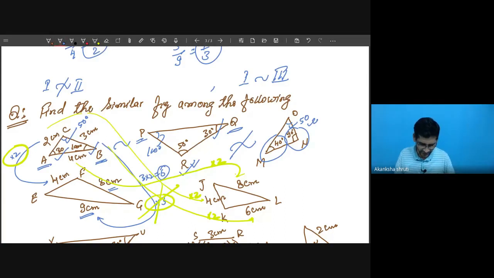Student, in this case we are observing AC, which is 2. Where is AC? Yes, it is 2, which is changed to 4. But determining the corresponding vertex, you have to take the other one also. 3 is going to change to 6. So observe, 2 is changing to 4 and the 3 is changing to 6. Means in this case we are observing this C is the common vertex. In the similar fashion, the K is the common vertex for 4 and 6.